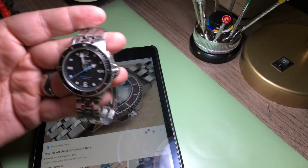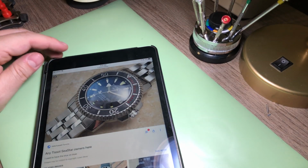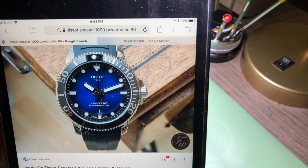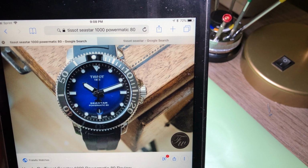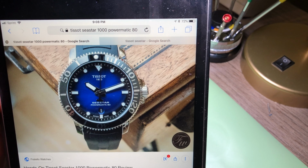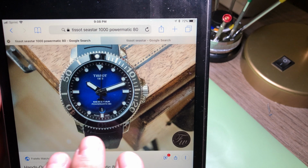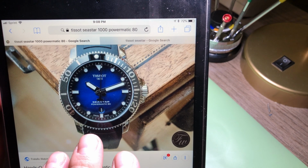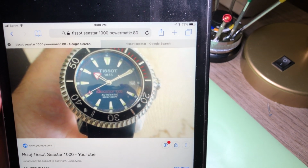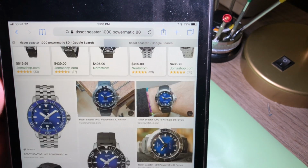And then Tissot decided to release the Generation 3 last year. Let me find it. Let me start off by saying I have never held one of these in my hand, so it could be different. But while I can see some of the similarities they're trying to do with the 3rd gen versus the 1st gen, that's a good 1st gen photograph. And while I can see some of those similarities,